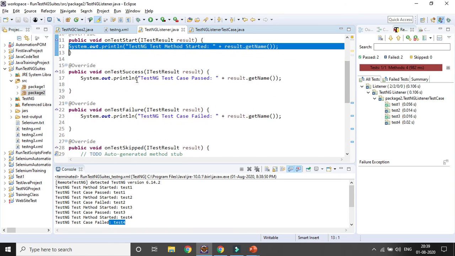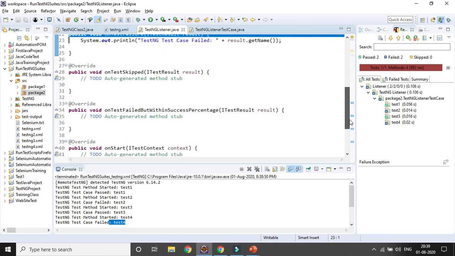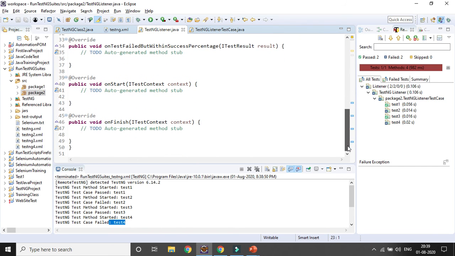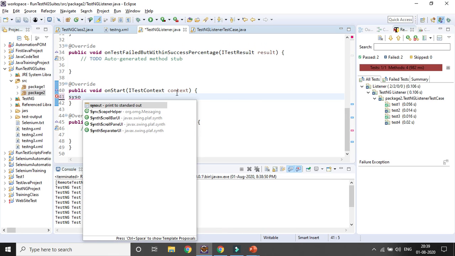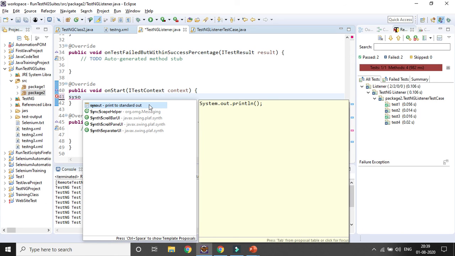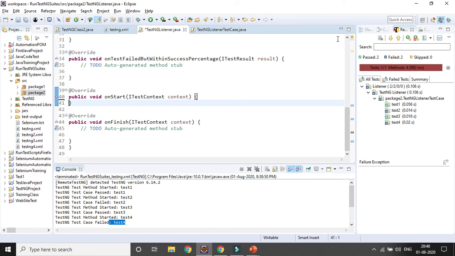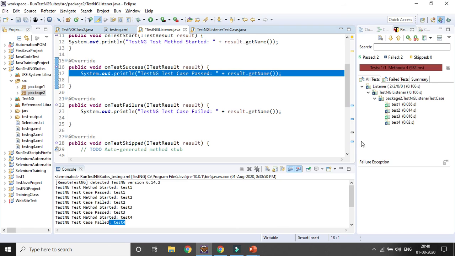On start, that particular context output you want to print out, on success, on failure. Similarly you can use on test skipped and on test failed but within success percentage, on start and on finish. If you want to print that part, you can simply use System.out.println. Let's copy it from here.